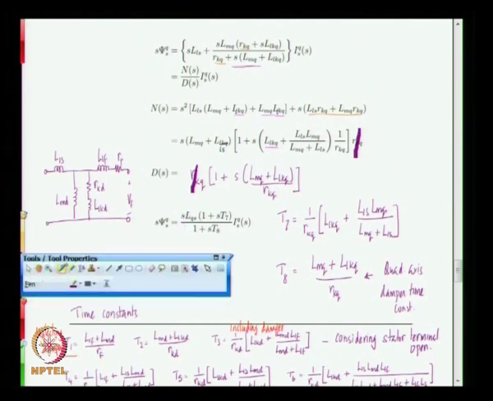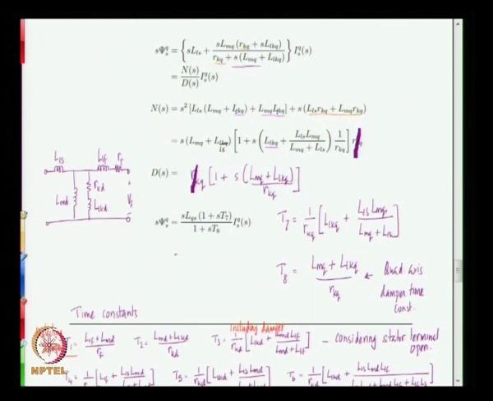Let us put that down here. So this may be written as s times xqs divided by omega s multiplied by 1 plus st7 divided by 1 plus st8 multiplied by iqs,